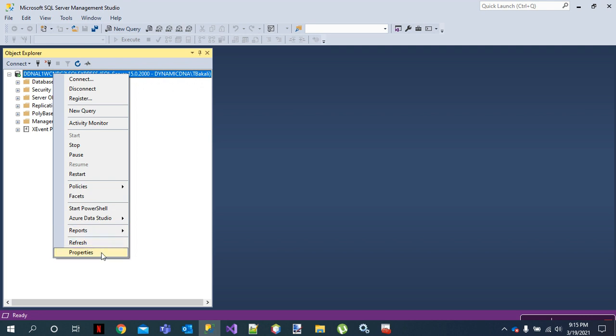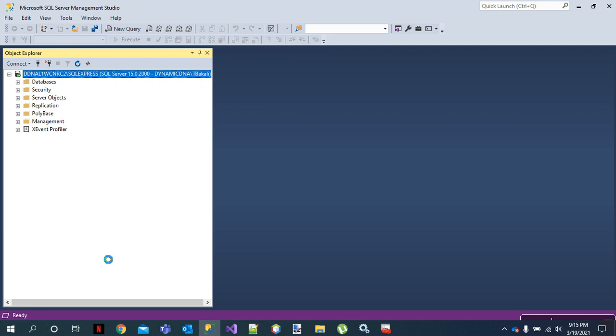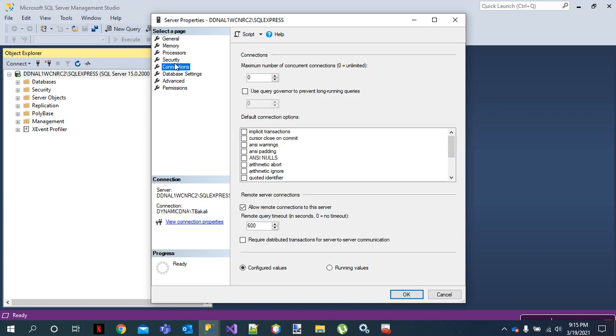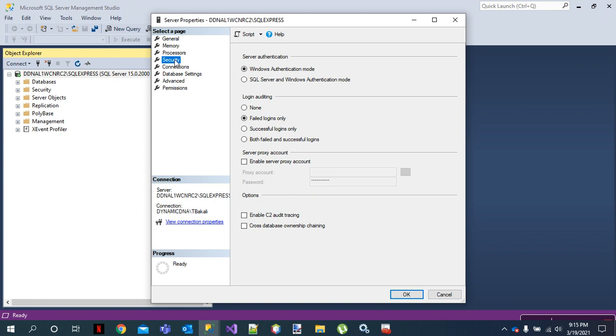So the next thing you want to do is right click on the server itself, on the connection, and you go to properties, right? So this is the first step. You go to properties and you make sure that under security, you also mention that this allows server connection via Windows authentication mode. That's using just your username. So here SQL will assume that you already logged onto your machine, right?